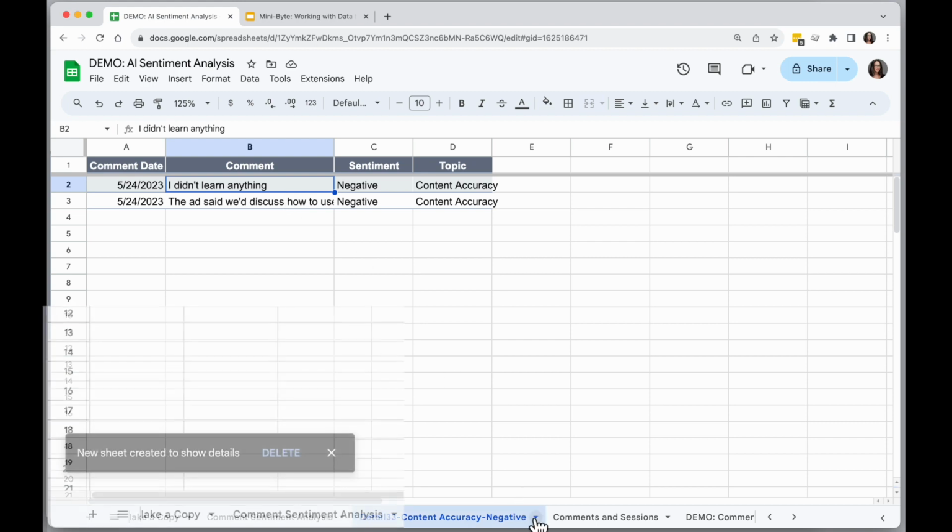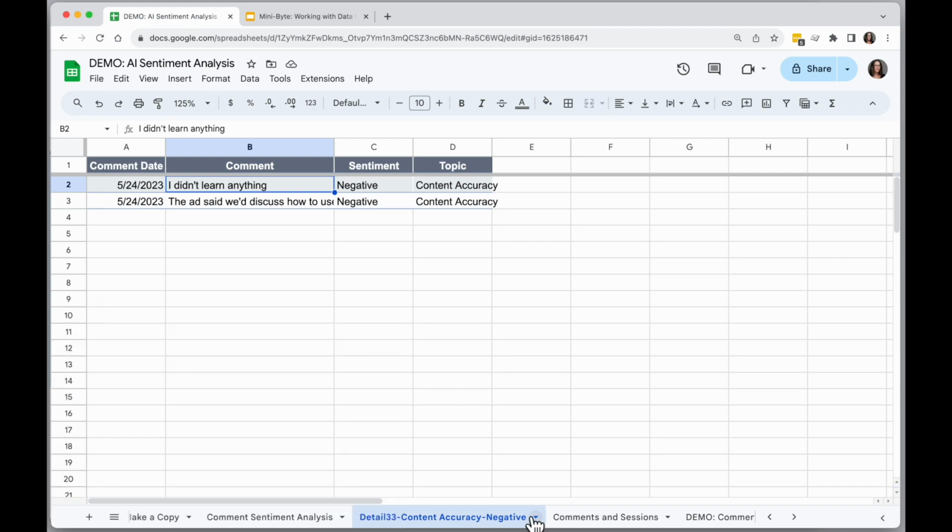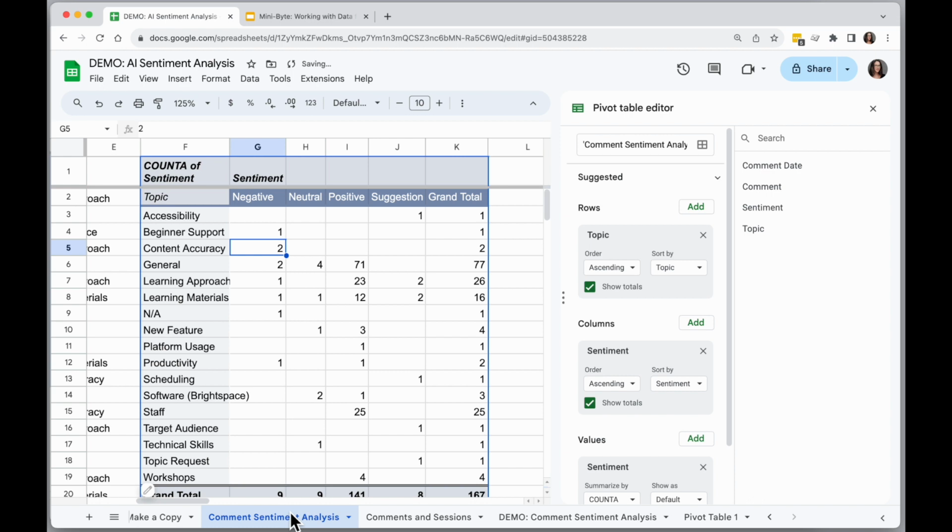If I don't want this sheet, I could have clicked delete on the little tool that appeared in the bottom left, or I can click on the drop down next to the name and click on delete there to get rid of that. Now, it would be really helpful if instead of just opening this up and seeing the comment,